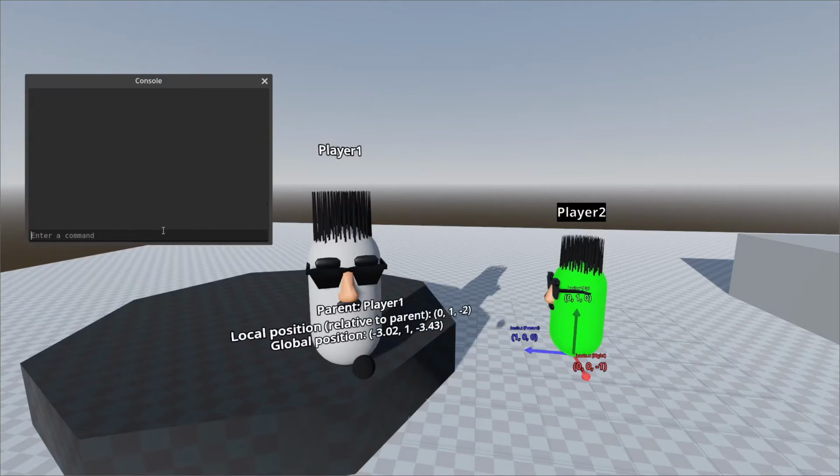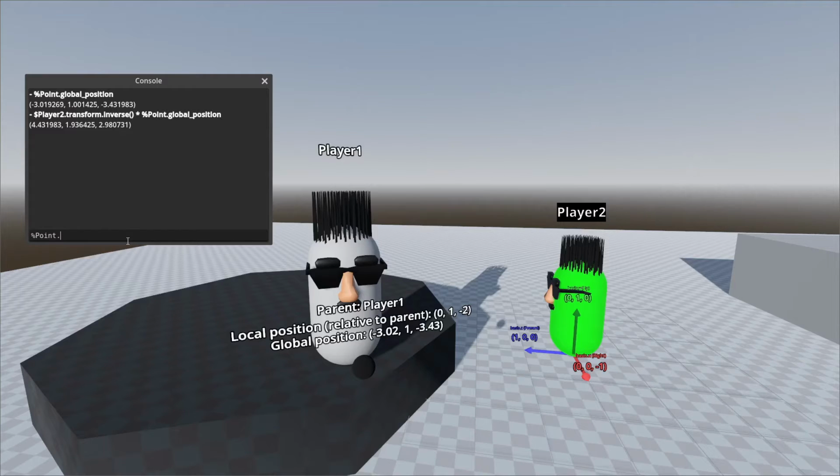So transforms usually enable us to go from local to global space, but you can also use them to go the other way, from global space relative to any other transform. And to do that, you can use the inverse of any object's transform. You can see here I'm multiplying player 2's transform.inverse by the point's global position, and we get this 4.4, 1.9, 2.9, and we can verify that is